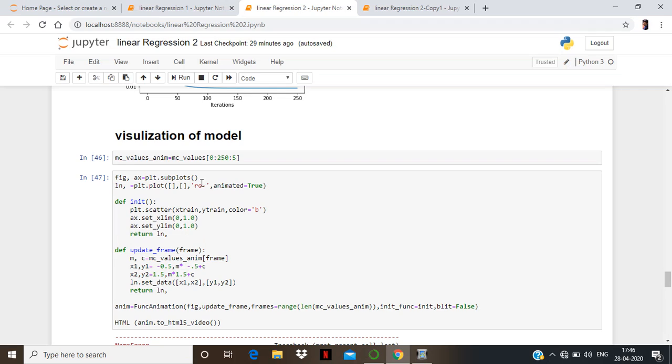We are using the FuncAnimation function here, which is used to provide the animation of the graph between target value and predicted value. So we can see the animation here, we can call it.